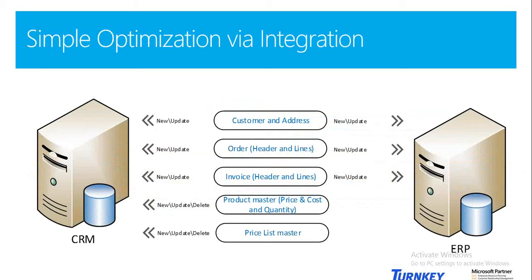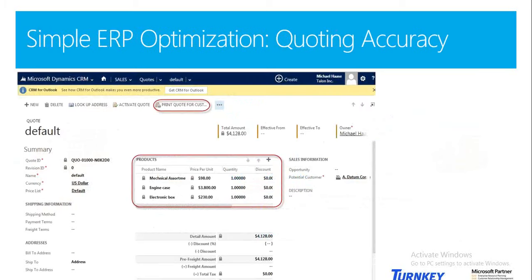So if we look at the example, this is a CRM form, this is a quote, and as you see right here, the area that is highlighted is we have a prospect record, we are creating a quote. The only thing a salesperson has to do is go and select a certain set of products or even groups of the products, add those to the quote, and everything is automatically calculated. So from